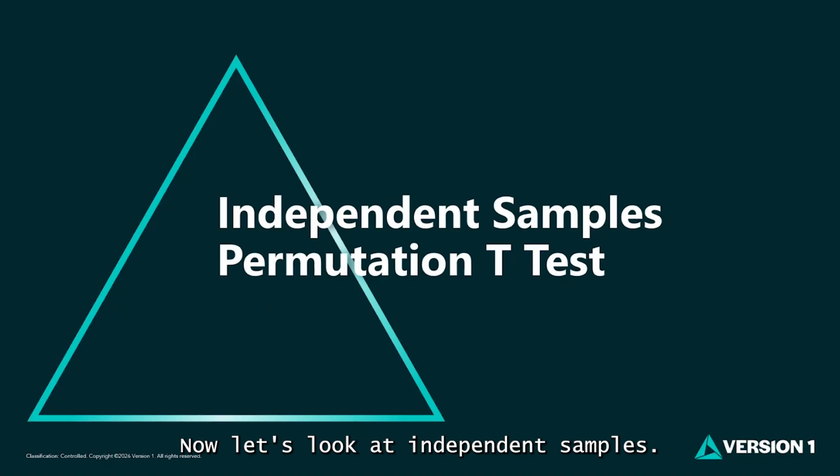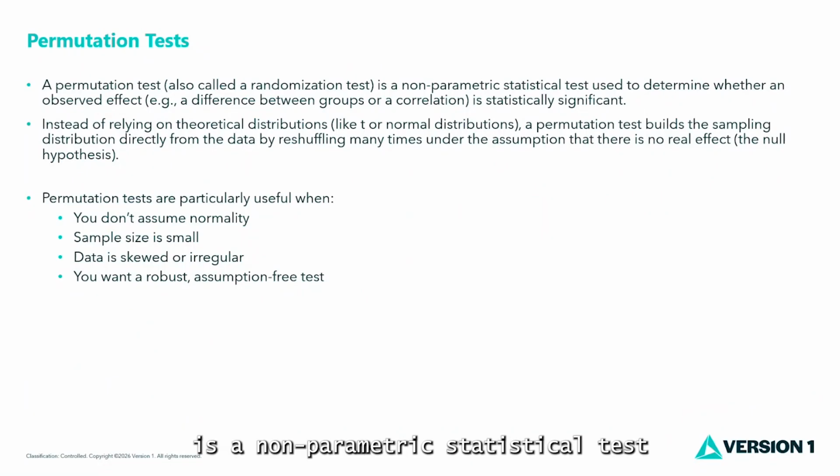Now, let's look at Independent Samples Permutation t-test. A permutation test is a non-parametric statistical test that's used to determine whether an observed effect is statistically significant. Instead of relying on theoretical distributions, a permutation test builds a sampling distribution directly from the data by reshuffling many times under the assumption that there is no real effect. This is the null hypothesis. They're especially useful when you don't assume normality, sample size is small, data is skewed or irregular, and you want